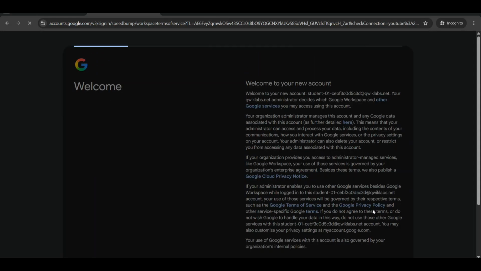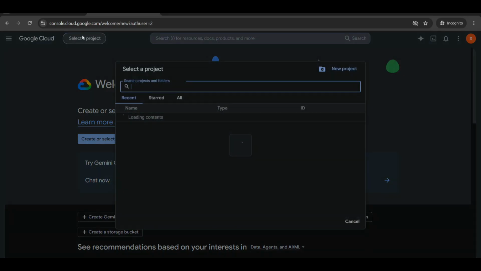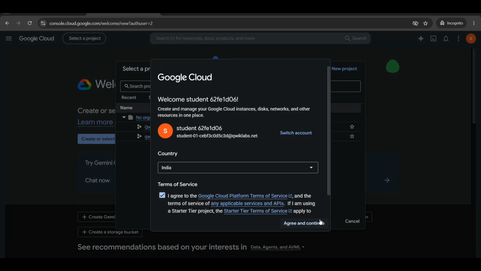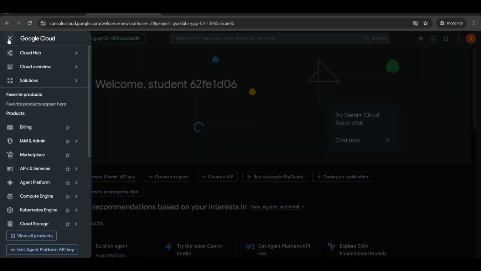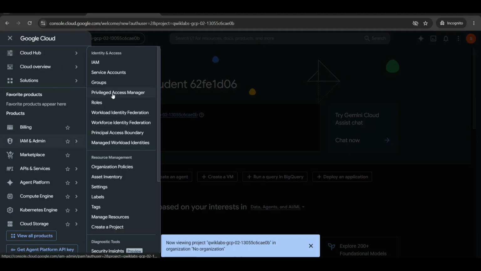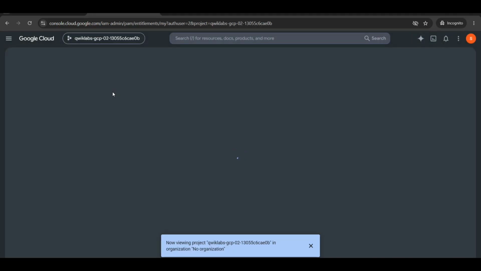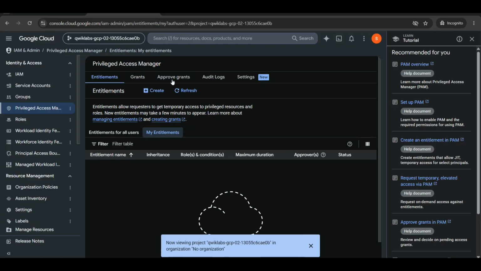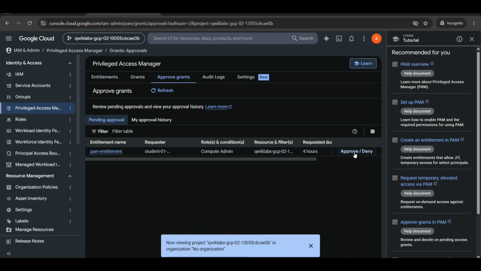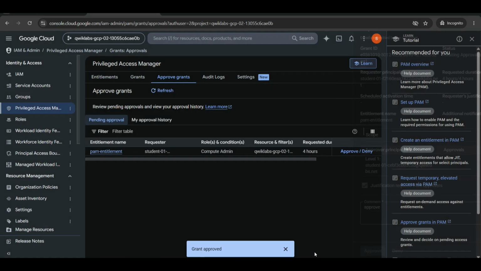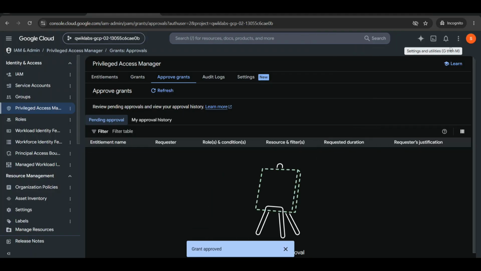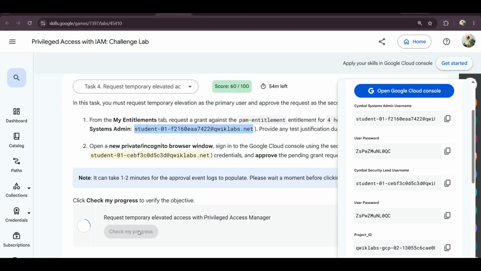Okay, click here. Okay, now click on this agree and continue, click on this and select this project with like GCP. Now click on this, click on I am admin and click on this privileged access manager. Okay, now what you have to do is click on this approve grants and click on approve. Okay, just click on approve simply, put the comment, just approve. Okay, now you have to just click on check my progress,